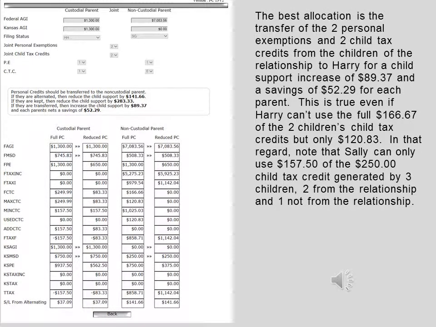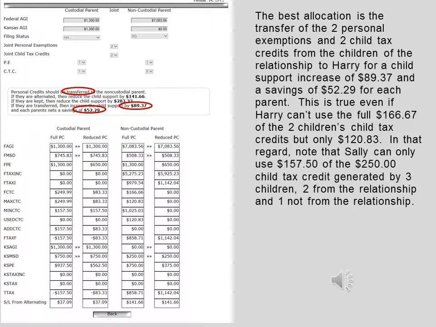The best allocation is the transfer of the 2 personal exemptions and 2 child tax credits from the children of the relationship to Harry for a child support increase of $89.37 and a savings of $52.29 for each parent. This is true even if Harry can't use the full